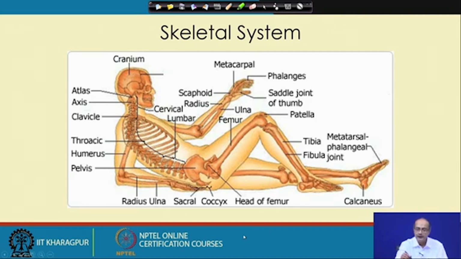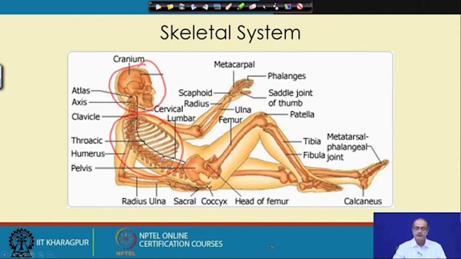For example, the skull protects our brain, and the rib cage protects the lungs and the heart. These parts of the skeleton protect the weaker organs. So, that is another main